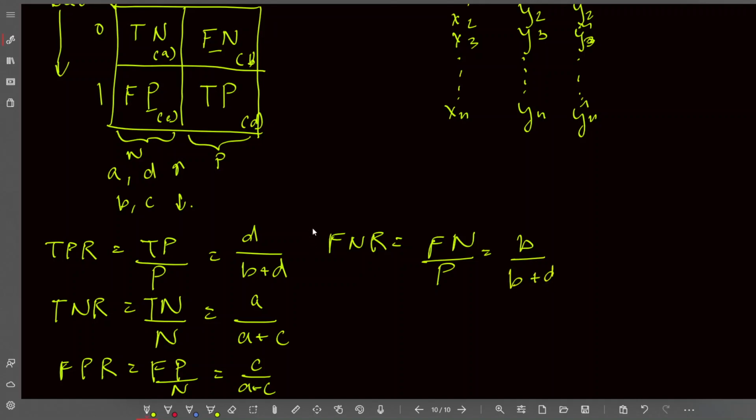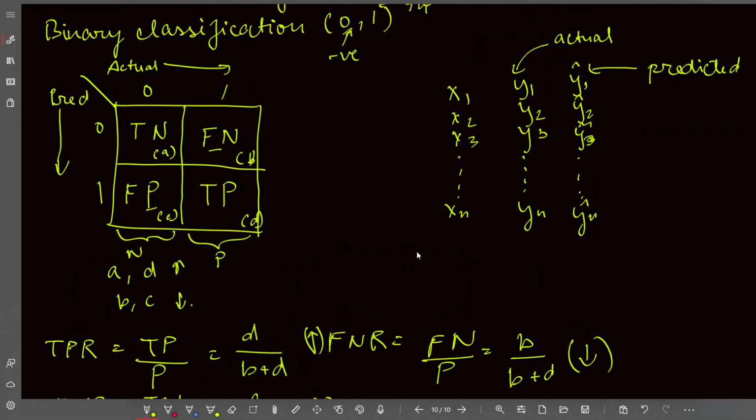Okay, so ideally you would want this to be high and you would want this to be high, because you want all the true values to be high, right? True negatives and true positives. And we would want this to be low and we would want this to be low. So let's see how this actually helps us overcome the problems that we saw in